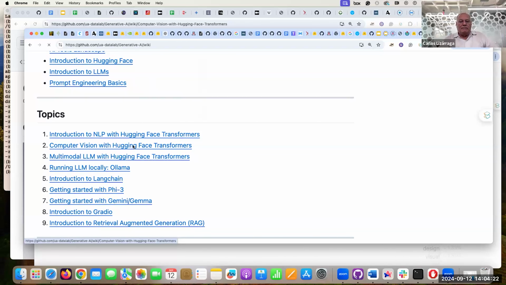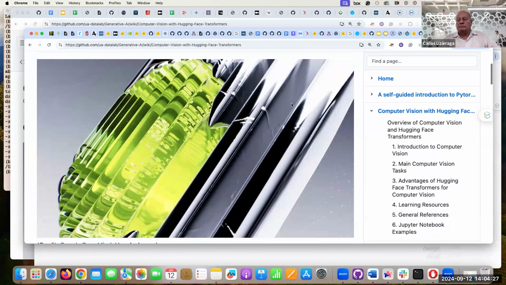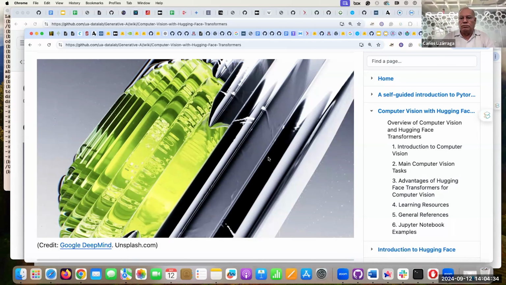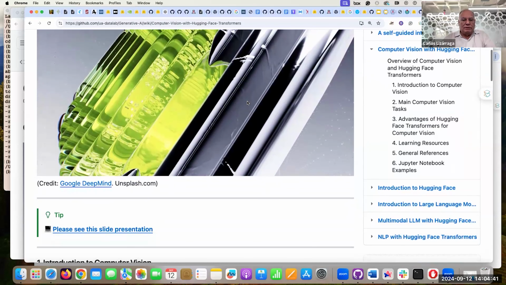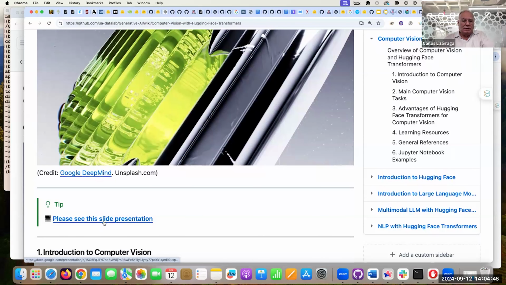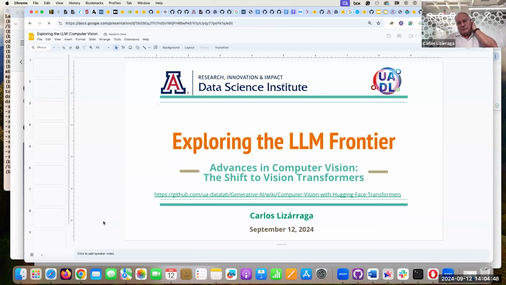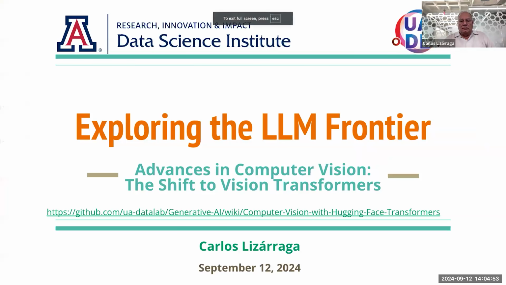I have a presentation that we will follow. Let's see. So everyone is on this page, and then we will just look at the presentation. I will start the slideshow. So, computer vision,